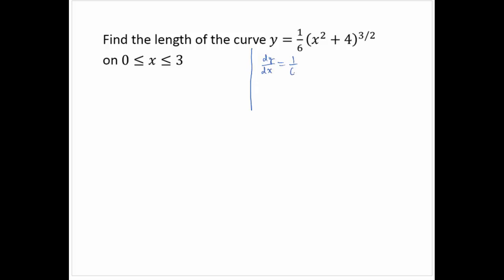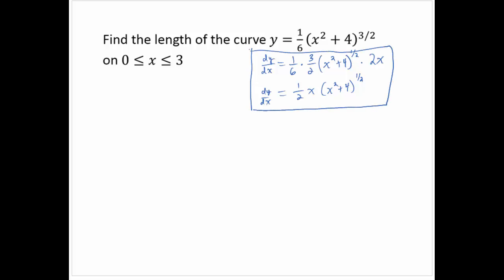would be 1/6 times 3/2 times (x squared plus 4) to the 1/2 times, by the chain rule, 2x. So this simplifies as 1/6 times 3/2 times 2, that would be 1/2, times (x squared plus 4) to the 1/2 power. Alright, so there's a little bit of side work for the derivative. Now,